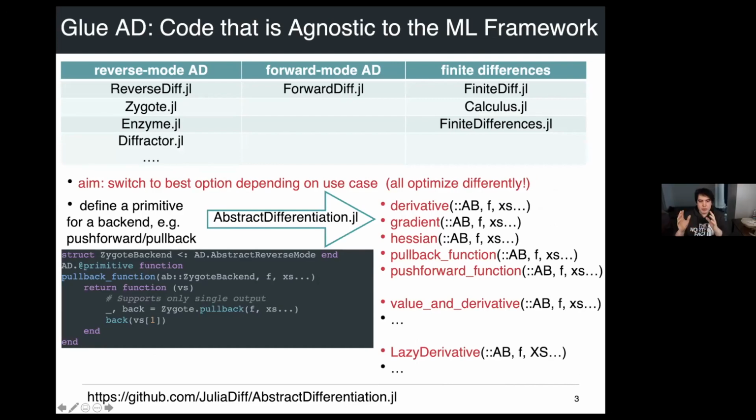And the way that we're pulling this all together as well is through using a glue-AD system. So I'm highlighting one of the recent works in abstract differentiation, which is really this idea that every single AD system has its own ways of doing optimization. Diffractor is able to optimize machine learning code a lot better than Enzyme, but Enzyme handles mutation and scalarized code like PDE solvers very well, right?